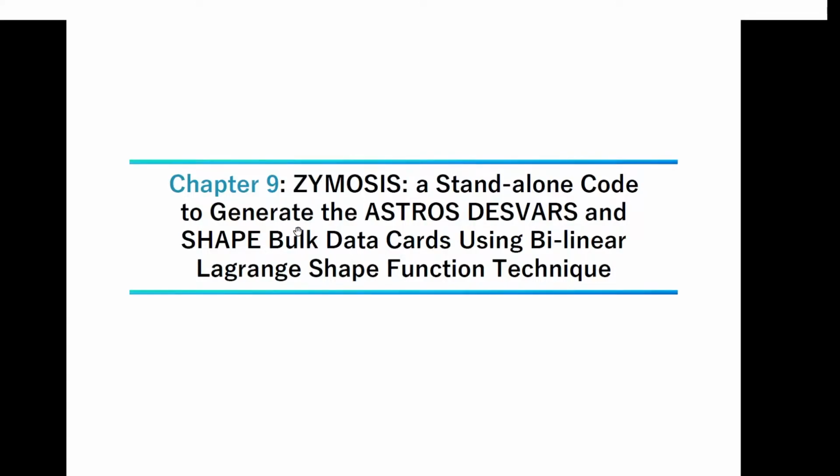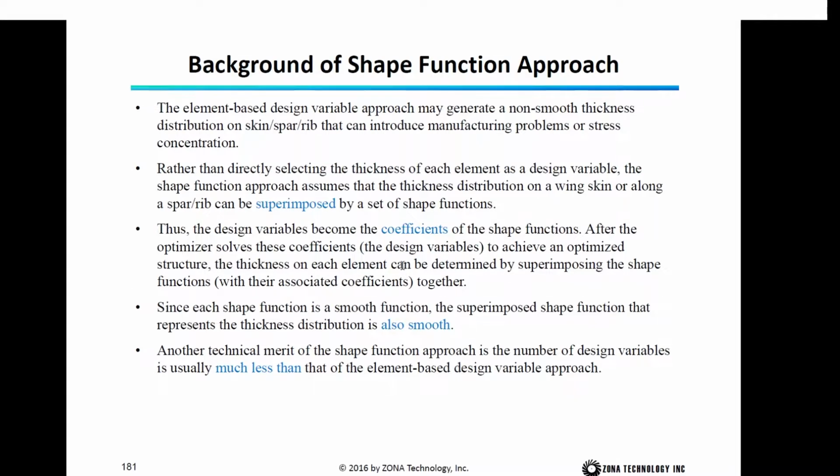Chapter 9, Zymosis. Zymosis is a standalone code to generate the ASTROS DESVARS and SHAPE bulk data cards using the bilinear Lagrange shape function technique. The element-based design variable approach may generate a non-smooth thickness distribution on skin, spar, or rib that can introduce manufacturing problems